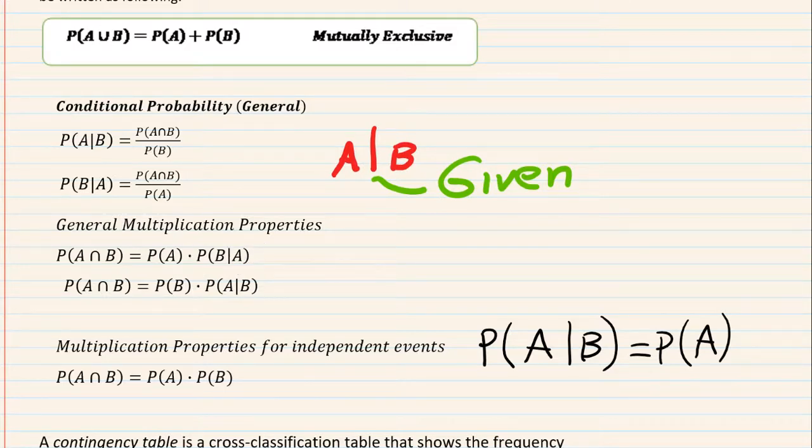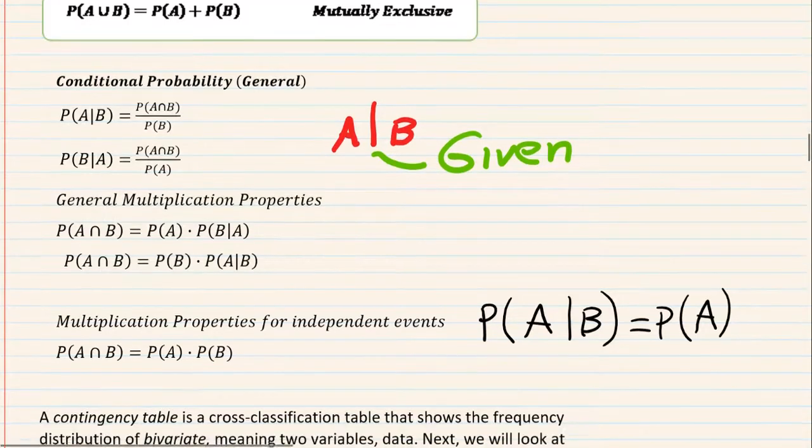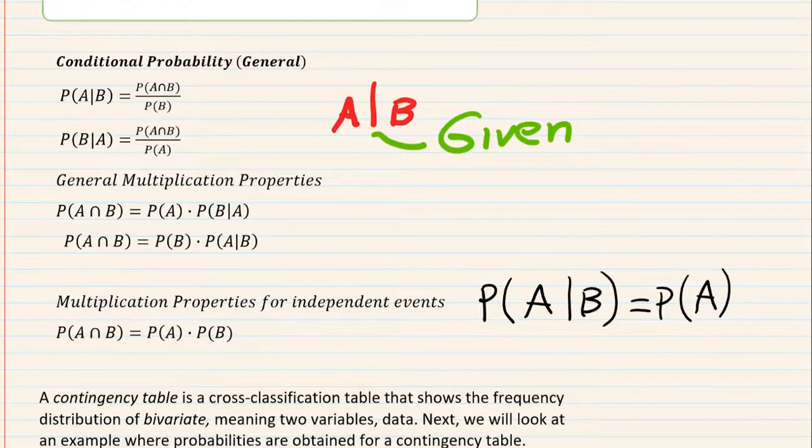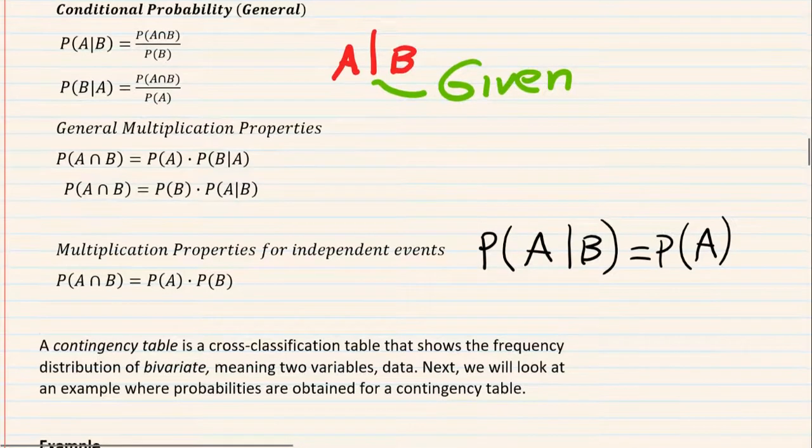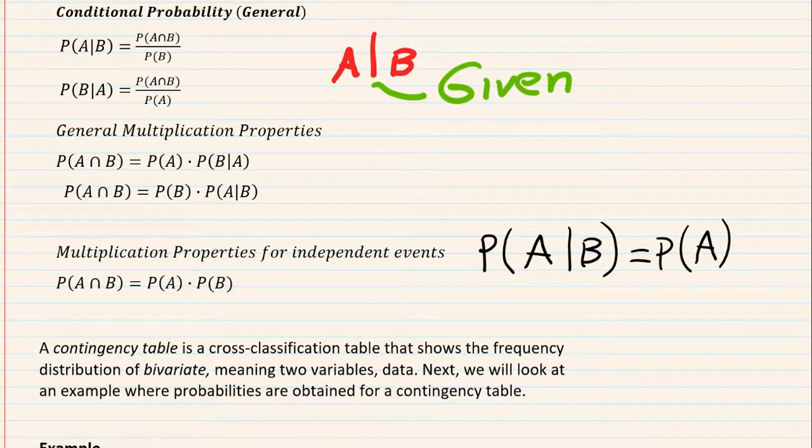Now that's good enough for our work. And going forward, if we ever need to use the idea behind these multiplication rules, we tend to stay with this version of it. The probability of A and B is the probability of A times the probability of B for independent events. The easier version. Now let's take a look at this idea next.